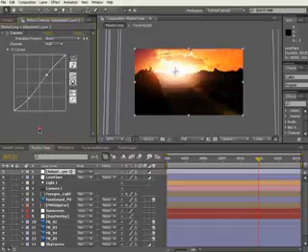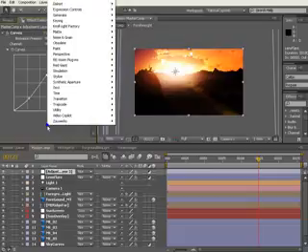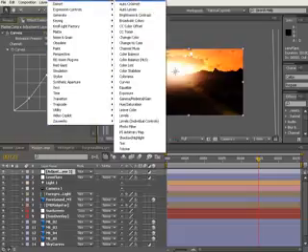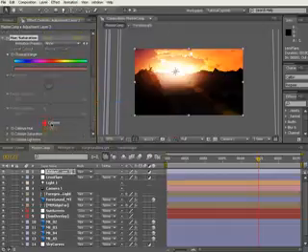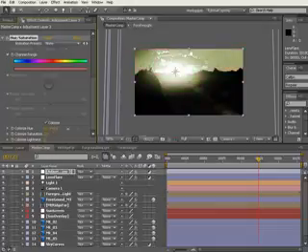Something like that is fine, and we'll try a color correction hue and saturation and see if we can just warm it up a little bit. We'll colorize and just change that hue to, and I don't really like what it's doing to the sky, and that's because the sky